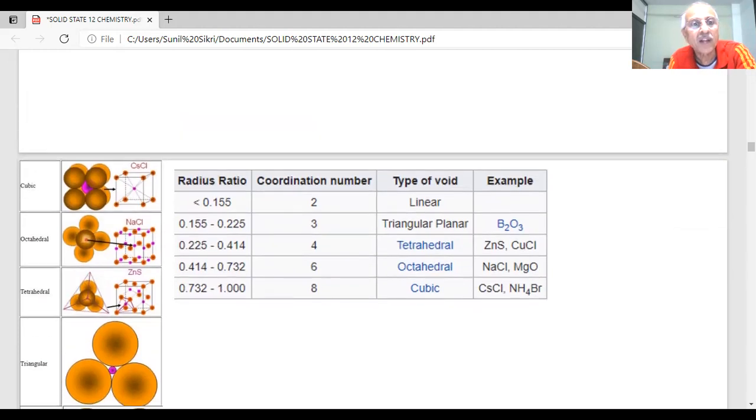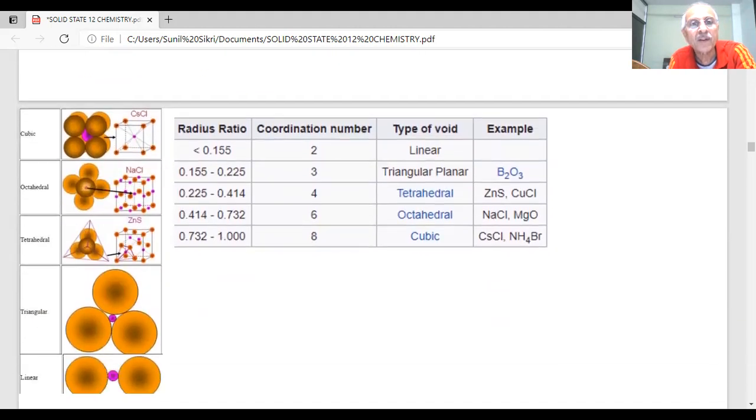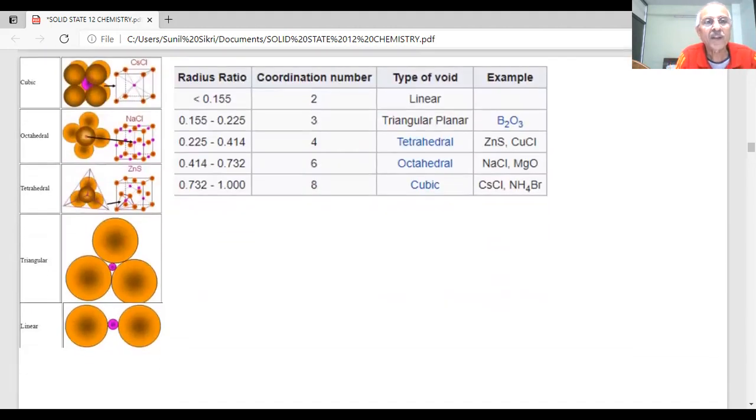So students, whenever you are forming closed pack structures, you know that usually the cation is smaller in size than the anion. Yes or no? If you have a plus ion, a cation in an ionic compound, the cation is smaller in size. So I am saying R plus, this is the radius of the cation. And the anion is larger in size, and I am saying R minus, the radius of the anion.